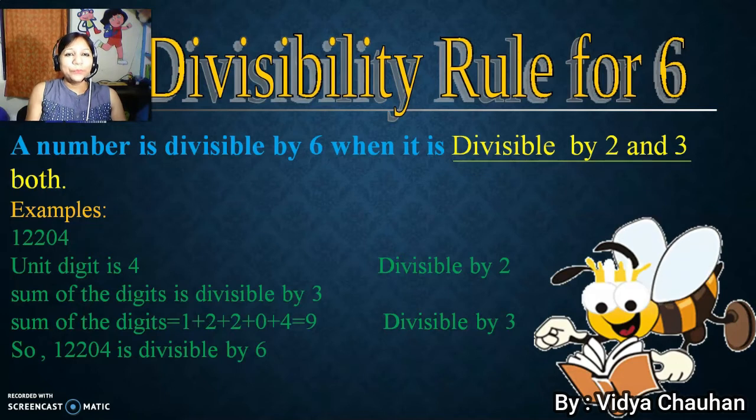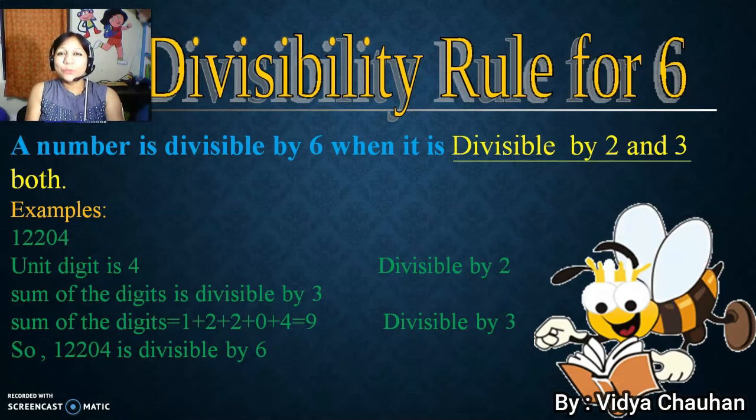So let's have an example here, which is 12,204. To check the divisibility by 2, what will we do? Look at the unit digit. The unit digit is 4, so it is divisible by 2. And then for divisibility by 3, I have to add the digits. The sum of the digits is 9, which is again divisible by 3. That means this complete number 12,204 is divisible by 6. Isn't it interesting that with these big numbers, without doing any division or long calculation, you are so easily finding out whether the number is divisible or not? So yes, it is very helpful, students. Please understand the concepts very carefully.